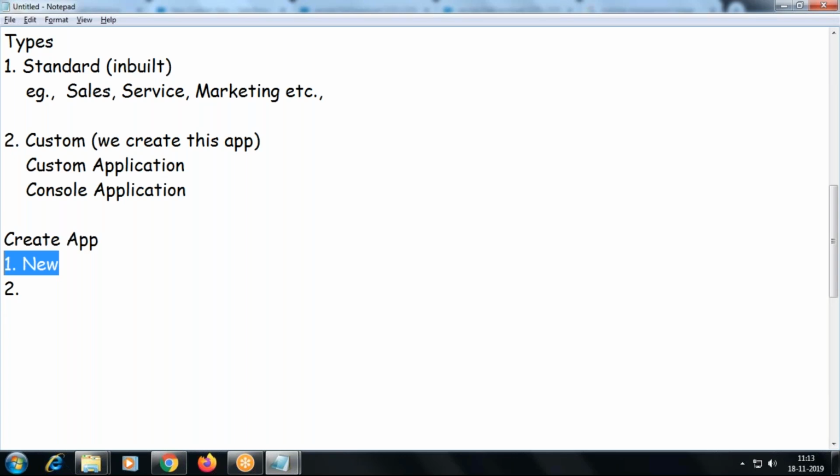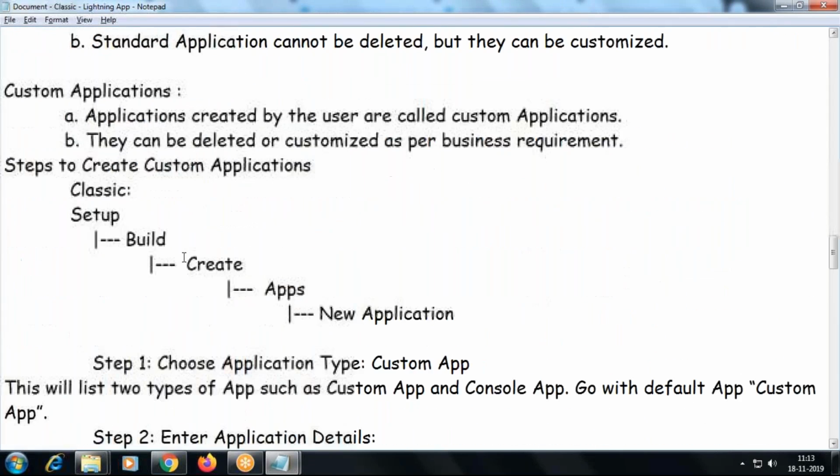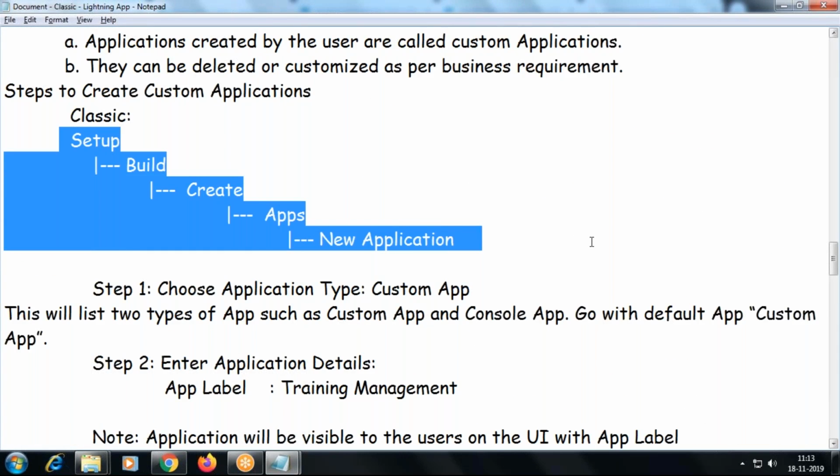You'll see the detailed navigation in the other notes. I'm just giving a brief explanation here; the detailed notes you can find there.